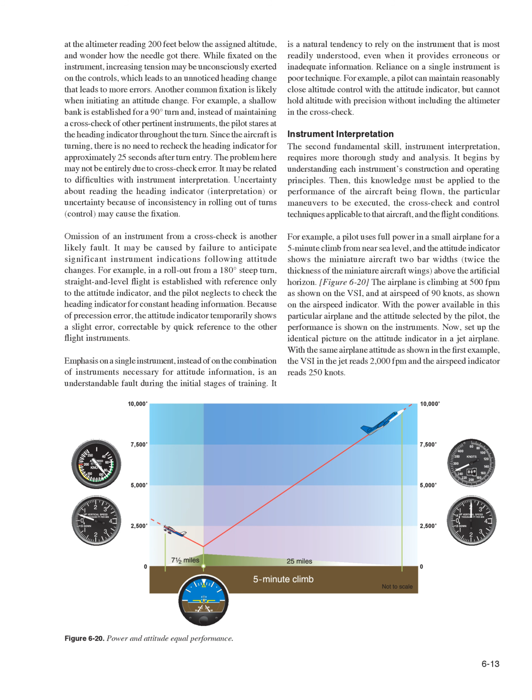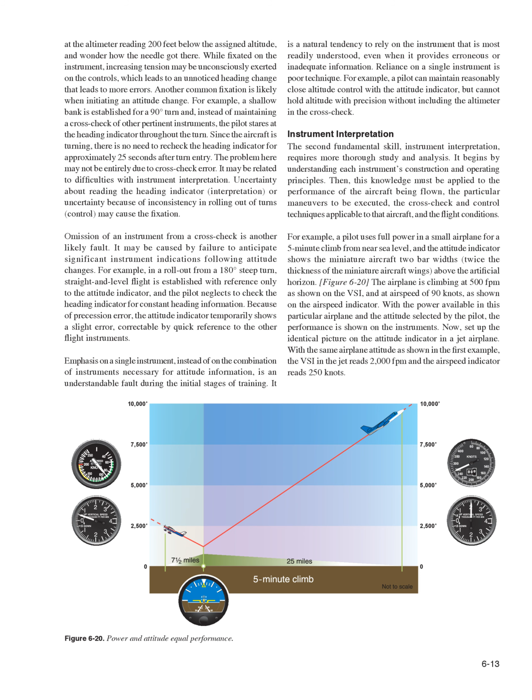Another common fixation is likely when initiating an attitude change. For example, a shallow bank is established for a 90 degree turn and, instead of maintaining a crosscheck of other pertinent instruments, the pilot stares at the heading indicator throughout the turn. Since the aircraft is turning, there is no need to recheck the heading indicator for approximately 25 seconds after turn entry. The problem here may not be entirely due to crosscheck error. It may be related to difficulties with instrument interpretation. Uncertainty about reading the heading indicator, or uncertainty because of inconsistency in rolling out of turns, may cause